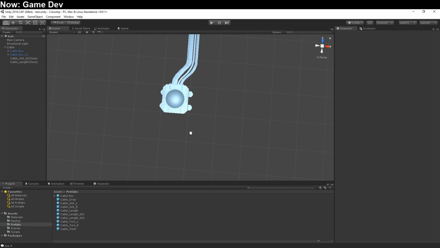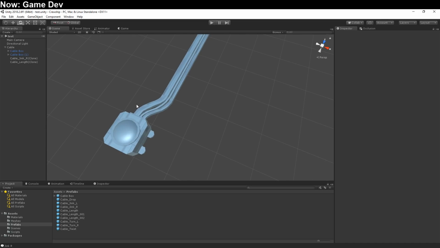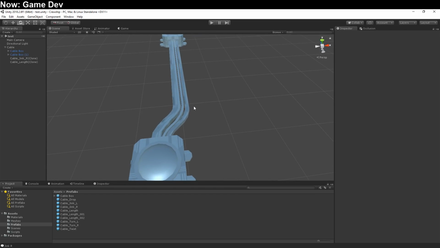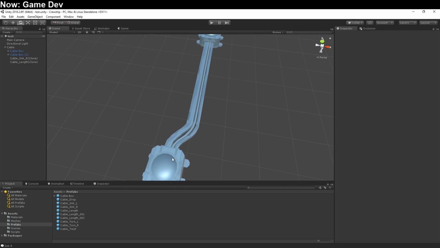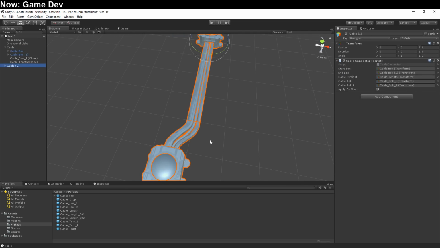Now the reason that that offset exists as it does is because it allows us to move things over by half a cable. So if we were to duplicate this whole thing,